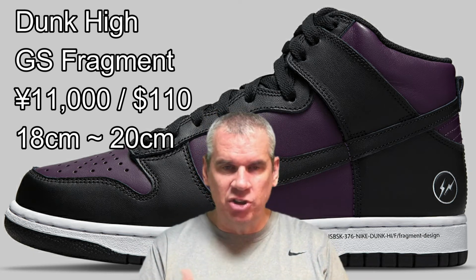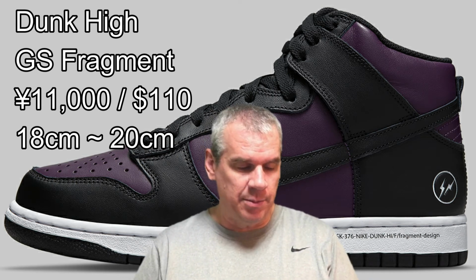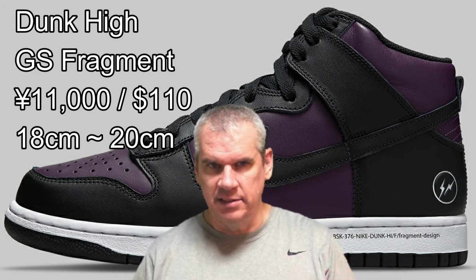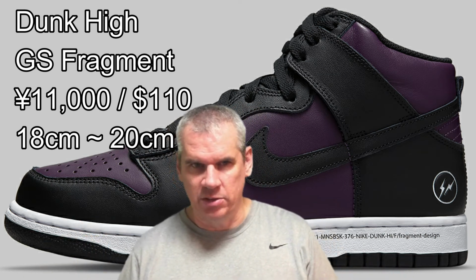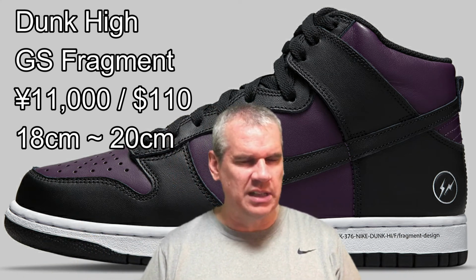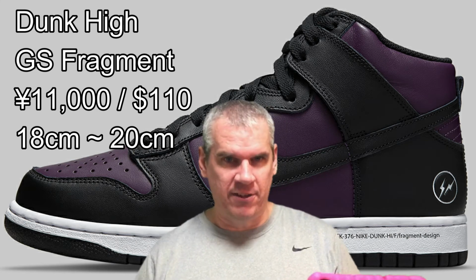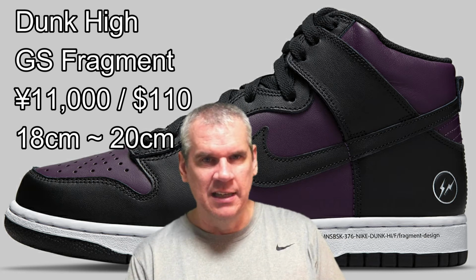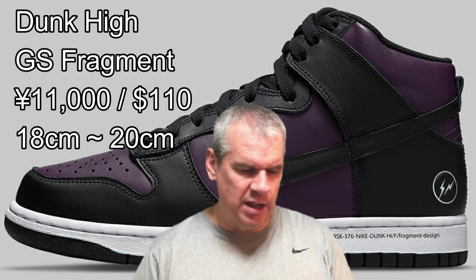So it's a kid's size shoe, but it's a really nice collaboration. The 3 sizes available are 18 centimeters, 19 centimeters, and 20 centimeters. So like I say, you're into your grade school sizes, or very small adult sizes, but still it's a shoe that I never thought I'd see sitting there in the in-stock section of the SNKRS app. So there's 6 really huge